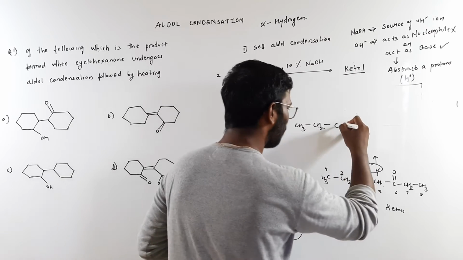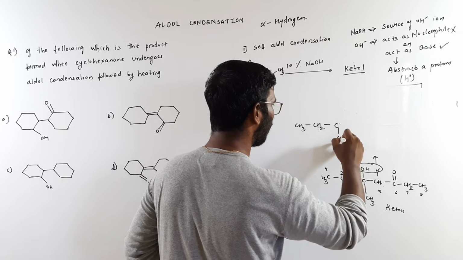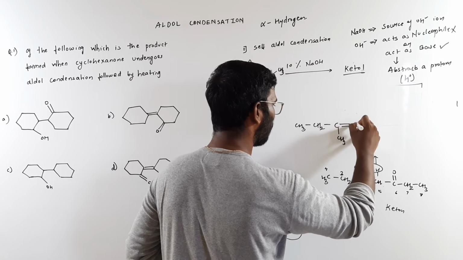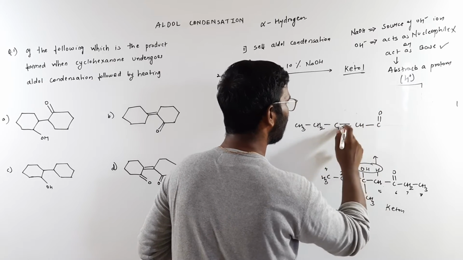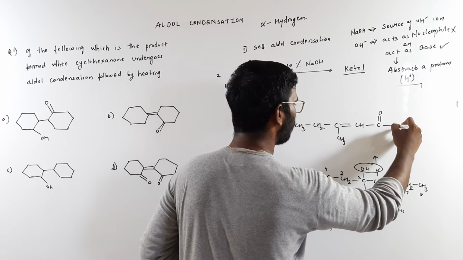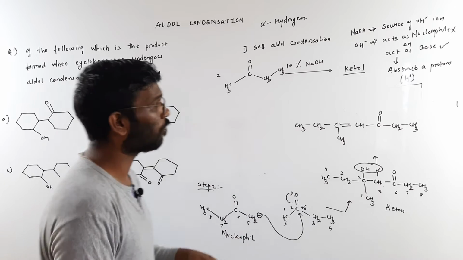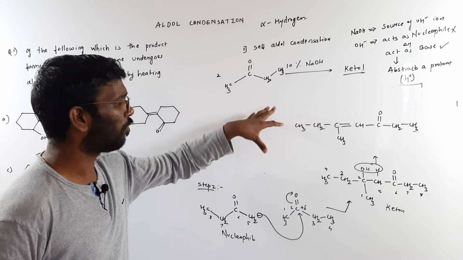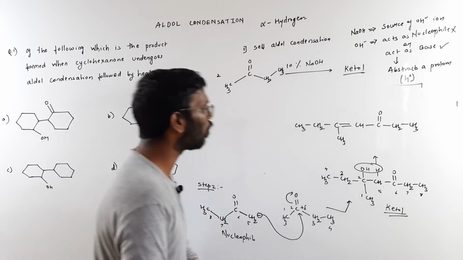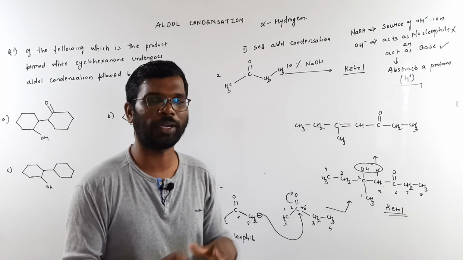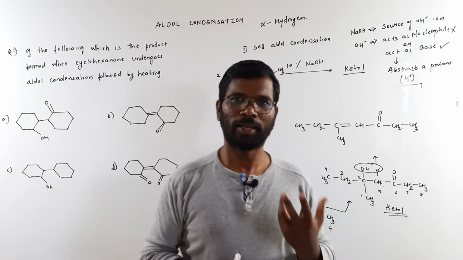Because if this is forming a double bond over here, this is in conjugation, right? Conjugation gives more stability to the double bond. This is what we know. So this is after dehydration, the final product we are getting, because the intermediate is a ketol. We are getting a ketol because we started with a ketone, and I wanted to explain which alpha hydrogen to abstract. That's why I took a ketone molecule.